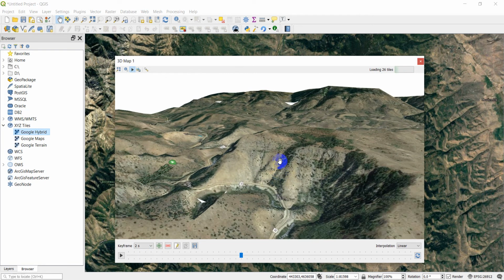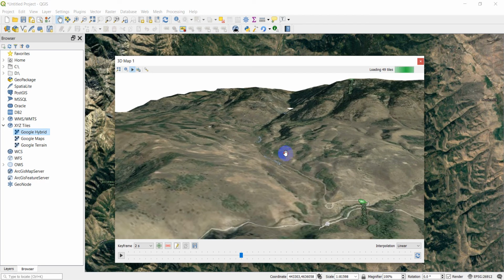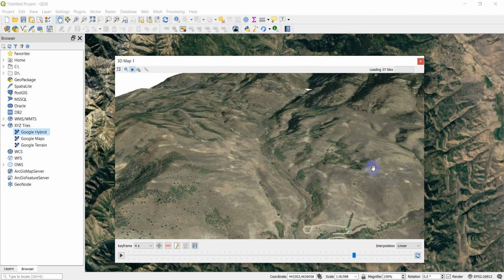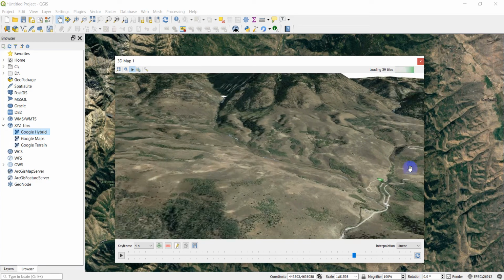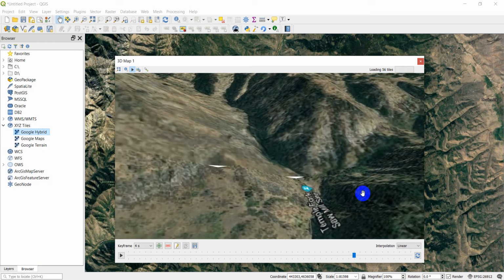And we're going to zoom in here and pan over to here. Okay. And then we're going to add another keyframe at 4 seconds. And we're going to rotate this way, and we're going to pan up here and go to here,